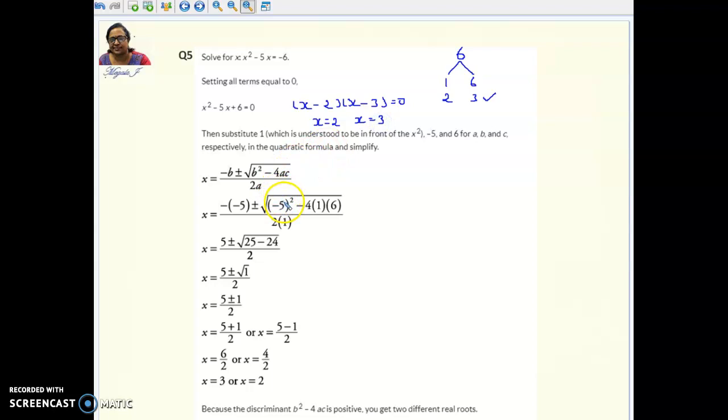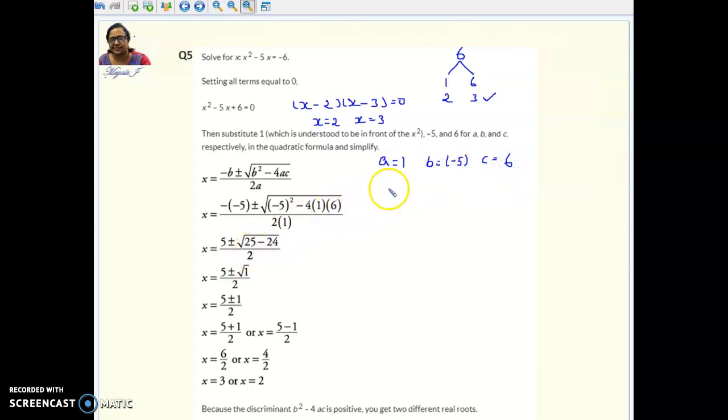And now we are going to see how to do this when you apply the formula, because we've been doing this by factorizing. Now we'll see when you apply the given formula from earlier, minus b plus or minus root of b square minus 4ac by 2a, how you're going to get this value. So what is your a value here in this equation? A is nothing but the coefficient of x square, which is 1. B value is the coefficient of x, which is minus 5. And C value is 6.